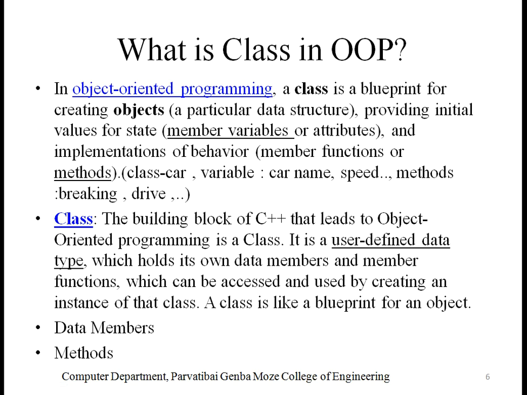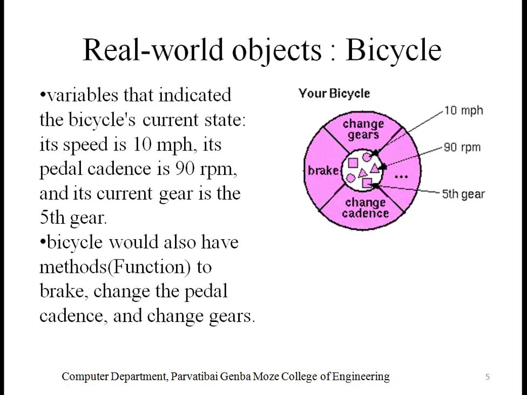When we create a class, we create the instance with the help of the data members and the member functions. We create an instance of a class. What exactly does the instance mean? A particular bicycle's speed, and the bicycle in a situation of changing a gear, that is one instance of your bicycle, or it may be the instance of a bicycle class.